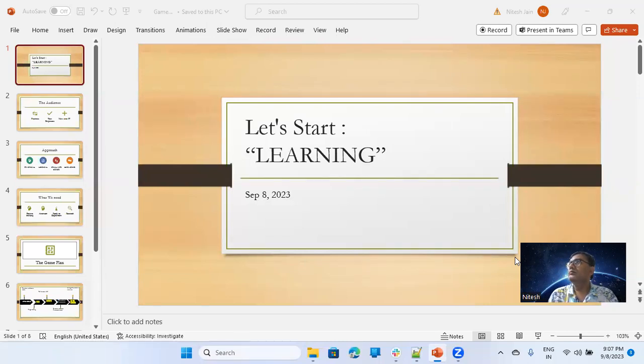So session wise, we can do random things in between, right? But there is a clear objective of a roadmap also, like what we want to do first, what we want to do next, from the learning perspective.